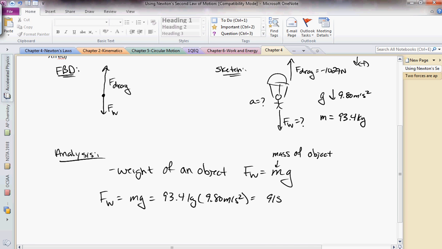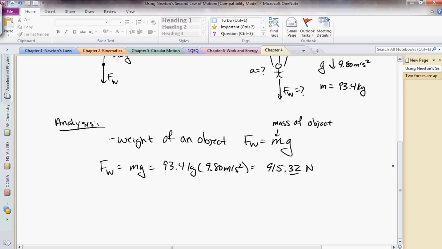So that'll be 915. I'm going to carry some extra sig figs here. And that's pointing down, so I can make that positive in my coordinate system. And then the next thing that we need to do is to determine what the net force is. So to determine net force,